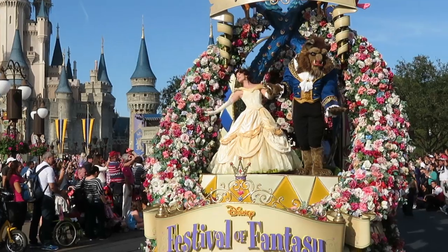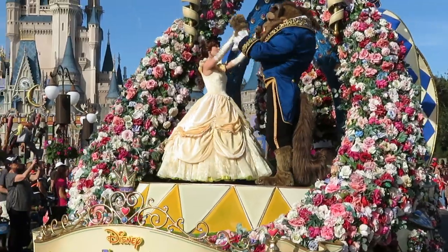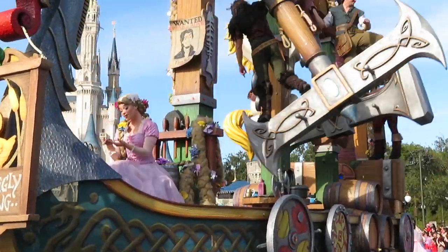The next 2 I'm gonna say you should watch from the hub, but really you can watch these from all over the park. So the Festival of Fantasy Parade actually steps off in Frontierland right next to Splash Mountain and comes up through Liberty Square and then down Main Street. So it comes right in front of the castle and then down toward the flagpole. So you can watch anywhere along that route, but my personal favorite place to watch it is from the hub